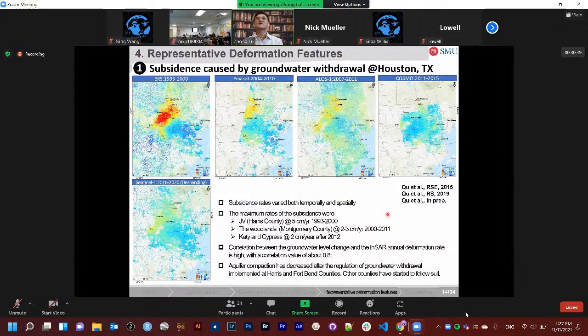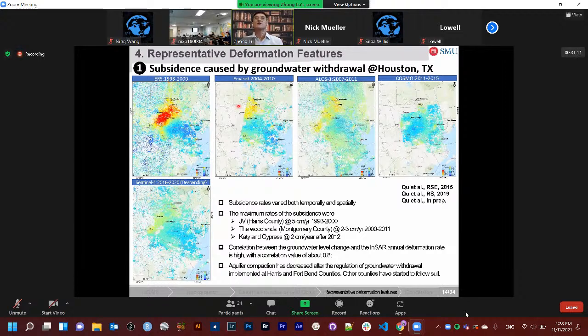So the first feature, of course, we have to show you is the greater Houston area. Here, the subsidence is primarily caused by groundwater withdrawal with some other activities as well. Let's take Houston as an example of groundwater withdrawal. You can see here we map out the time series for the first time. This time series from the